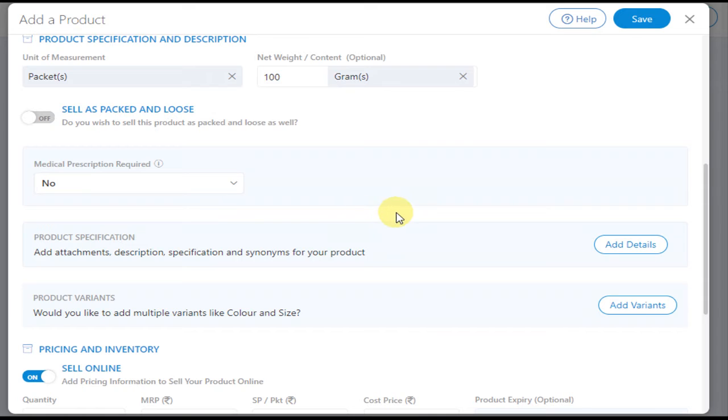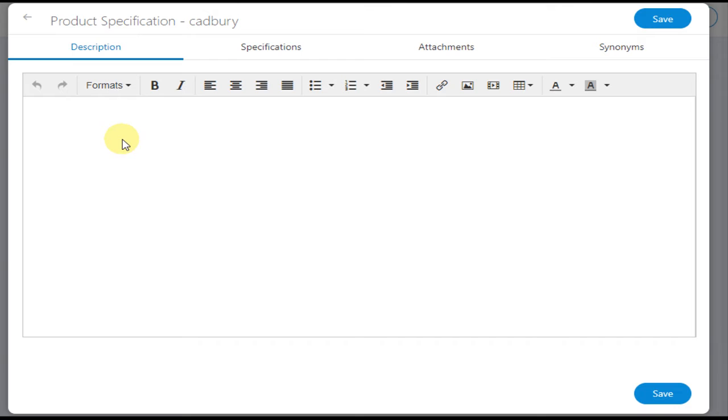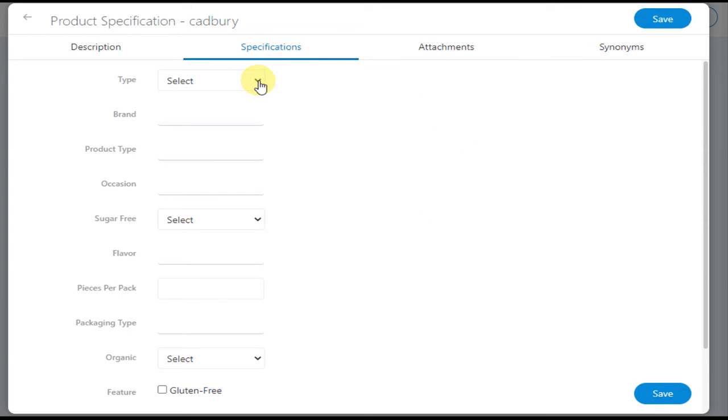Now if you want to add certain details or specification for the product, you can do so by clicking on add details next to product specification. Add certain description for that product. Enter certain specification for that product.